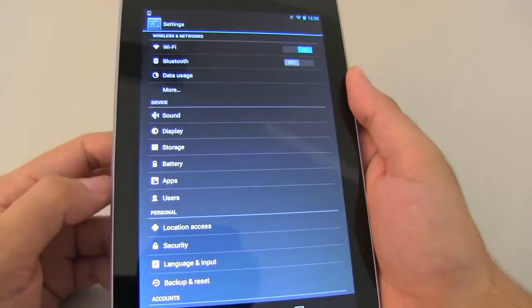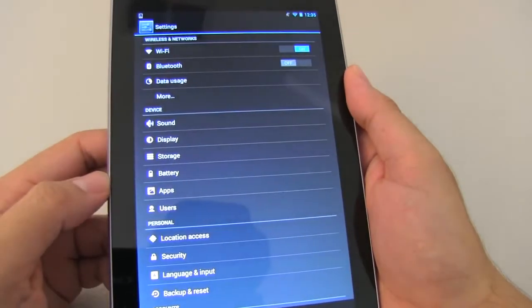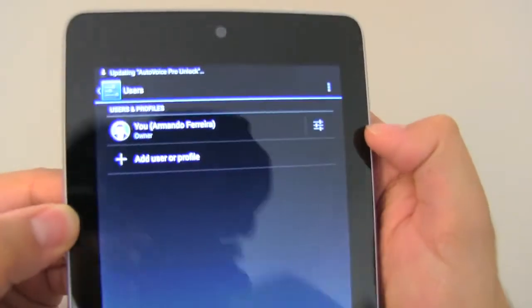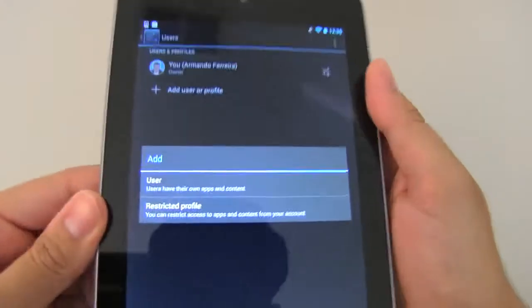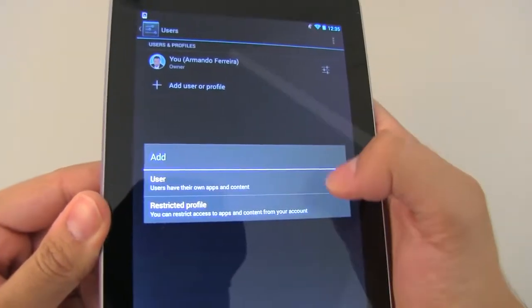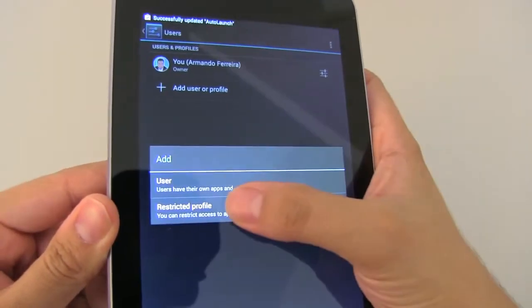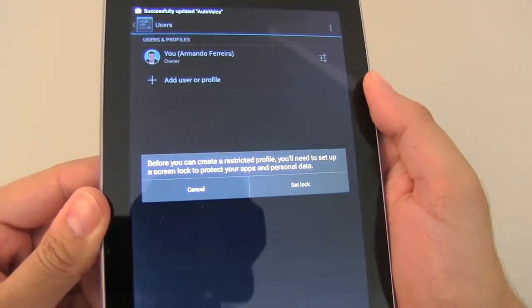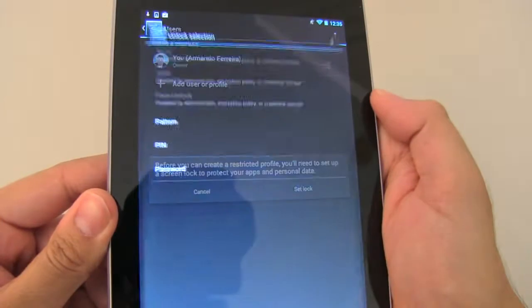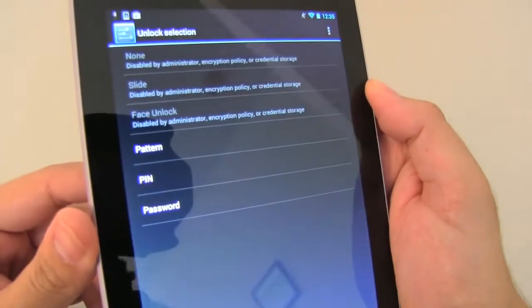Dual user at number 6. That's right, very important. I believe, especially having children, you definitely need to have a dual user account. You give your iPad, in this case you can't do it, your Android tablet to your daughter, son, or anybody else, and you have a guest account or their own personal account so that they don't mess with your stuff.